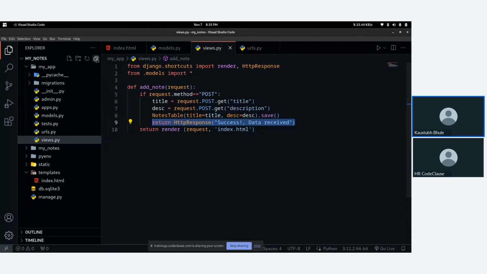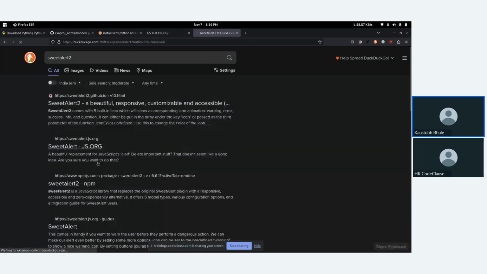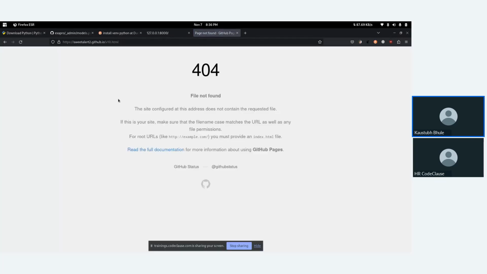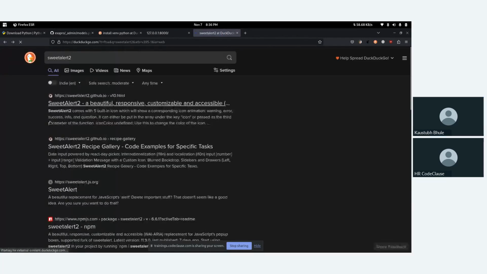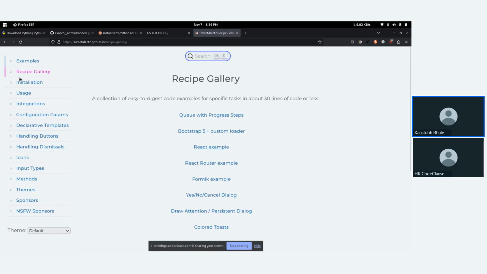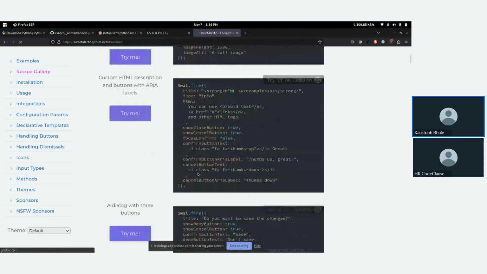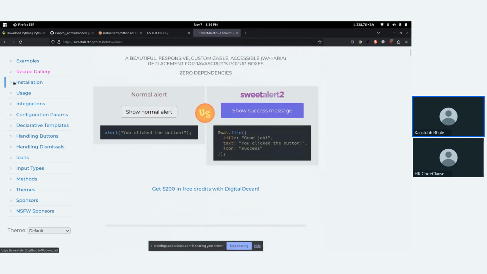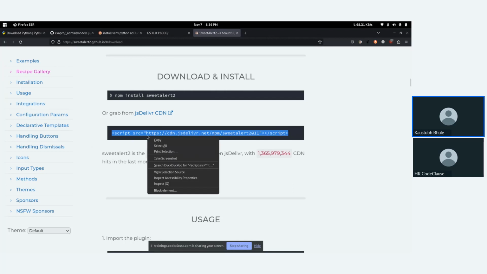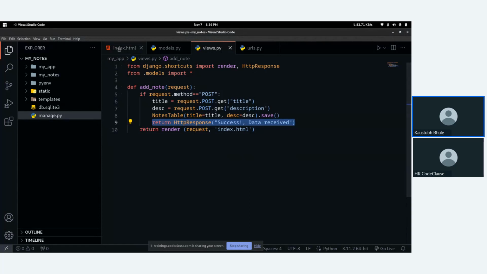So I will just Google it, SweetAlert. Go to the installation section and copy the script tag. You can also download this particular JS file and statically link it with your application, but you can use this too.